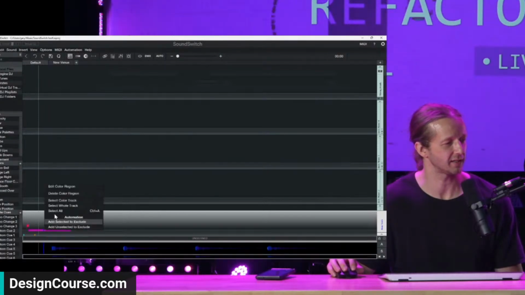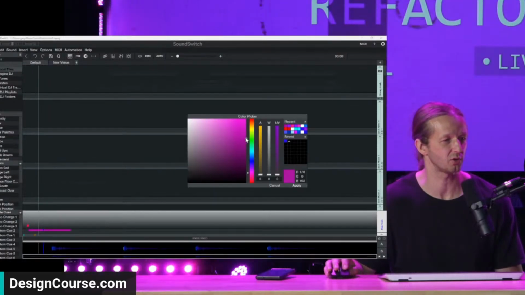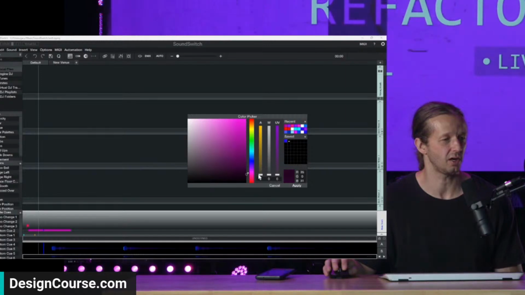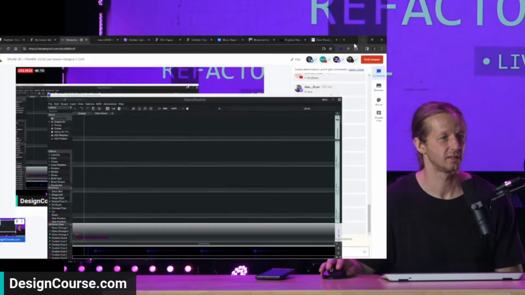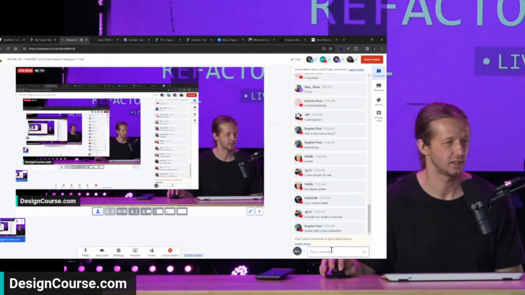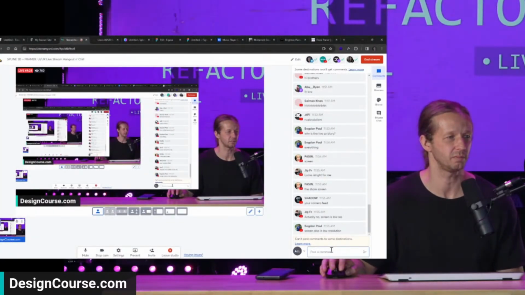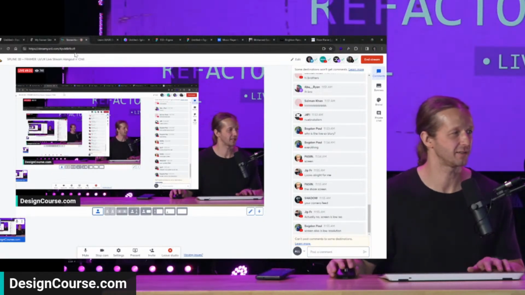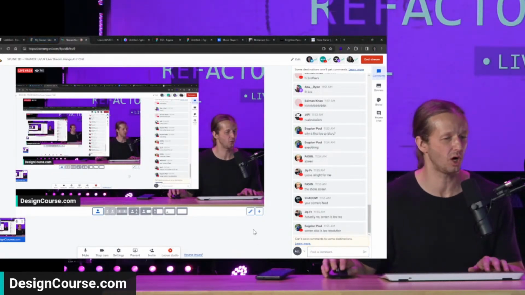If I take this and edit this color region, this is how I control my lighting. And I just turn this off or just reduce it a lot. How's that? Does that make me less blurry, or is that just BS? Anyway, I'm not going to screw around with that too much. Let's continue on with more